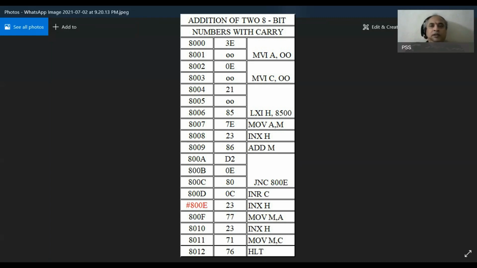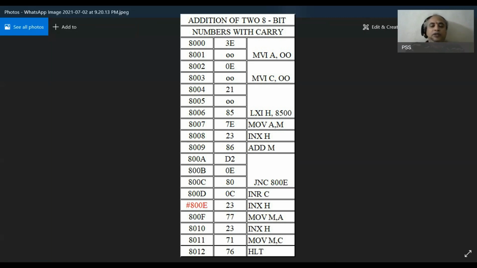So in the first step, we have moved the first number to the accumulator, and then we add the second number to the first number that is present in the accumulator. You know very well that the sum would also be stored in the accumulator. So here, by using the instruction INX H, we are moving on to the second number.